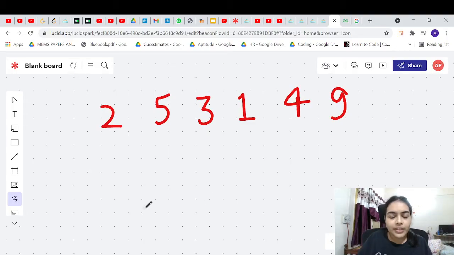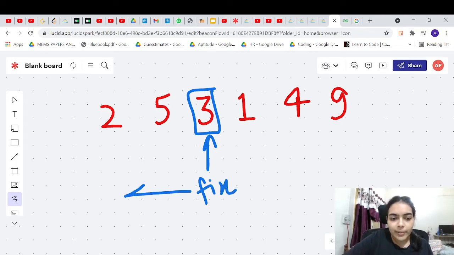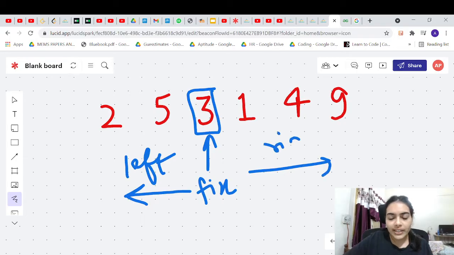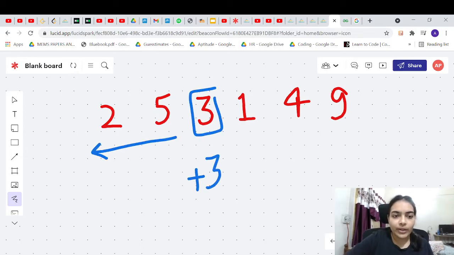Maybe try considering each element, right? Let's say you fix this particular element. Now fix this element, try to find the best possible on the left side, and try to find the best possible on the right side. Okay, so this solution will be better. In this solution, let's say you are fixing 3. Now the best on the left side that you can find, which is smaller than 3, is 2, right?